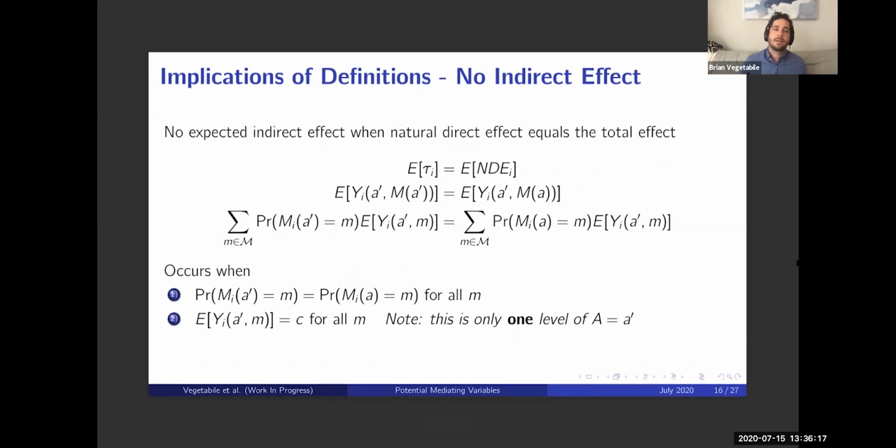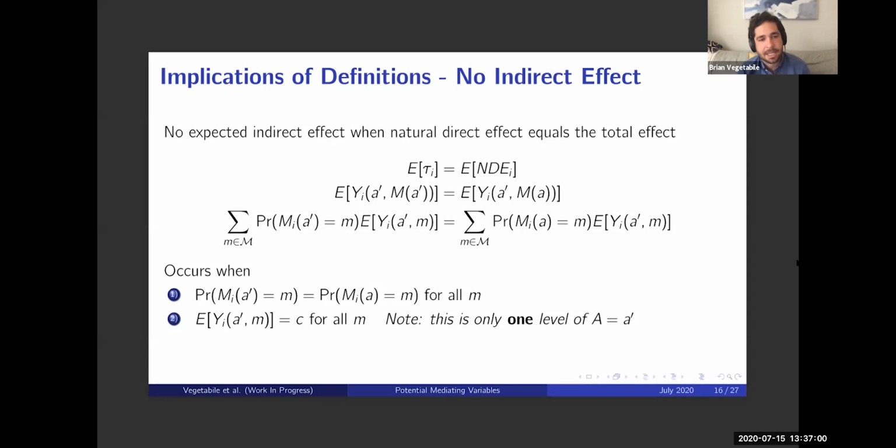And our main results that we've been working on here are by looking at these effects, what can we say about relationships among variables? And so we can start to say, well, if there's no direct effect, what happens in these individual expectations integrating over that path? And you basically find that if there's no direct effect, the probability of the mediator value being some value M, given that A was equal to A prime, is equal to the probability of the mediator being equal to M if it was set to A, and this is for all M. So basically this is saying that the mediator processes are the same no matter what's going on. So there's no path there.